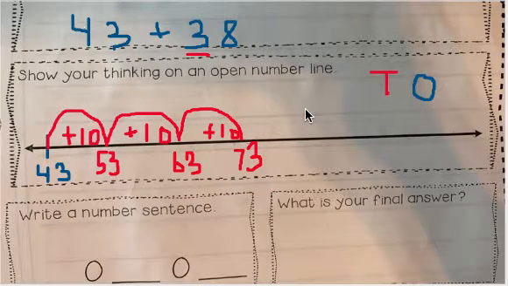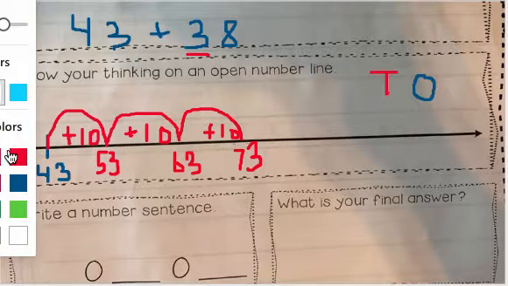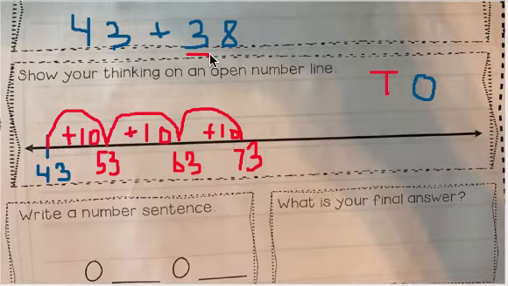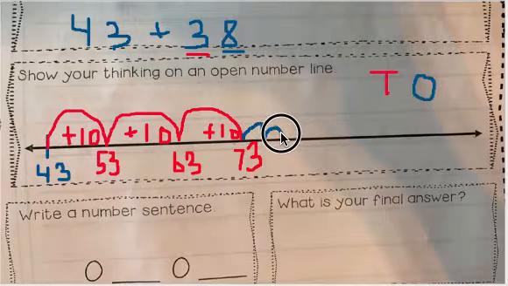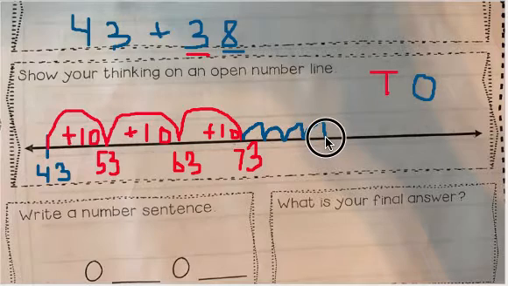And now we need to do our ones. So I need my ones color. And again, we look at the second number, which is 38. And we have 8 ones in 38. So starting at 73, I'm going to make 8 ones. 1, 2, 3, 4, 5,